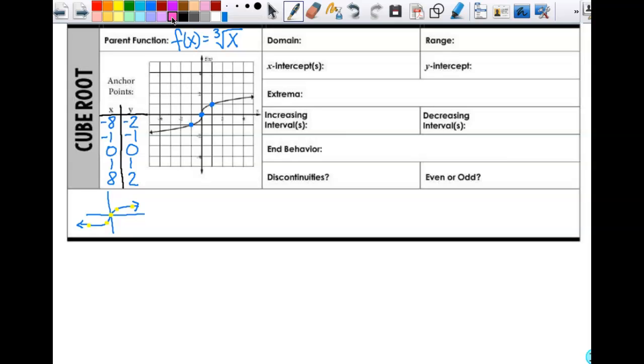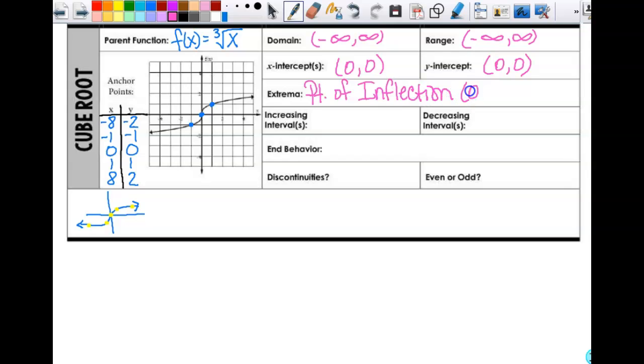All right, Jose, what's the domain? Good, negative infinity to infinity. What's the range? Very good. All right, so then my x and y intercept, again, 0, 0. It's literally the same for every single one of those. Do I have any critical points, Adrian? Yes. What do I have and where? Okay, and what's it called? Very good. Point of inflection